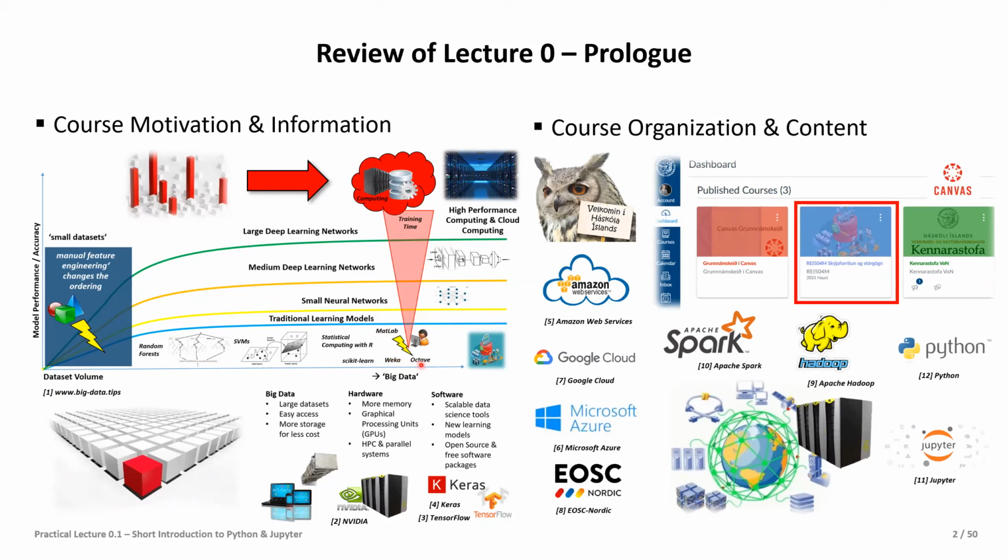And if you have big data, chances are that you really need to go to new frameworks, to new technologies, because if you go the normal laptop way of using a little bit of R on your laptop, scikit-learn, Weka, MATLAB, Octave, all of these more serial implementations of algorithms, chances are that your laptop is not going to make it with big data. Your memory will be crashing very quickly. Now, if you want to do neural networks at scale, starting with moderate deep learning networks or large deep learning networks, which have a very high accuracy also in our research in the last couple of years,